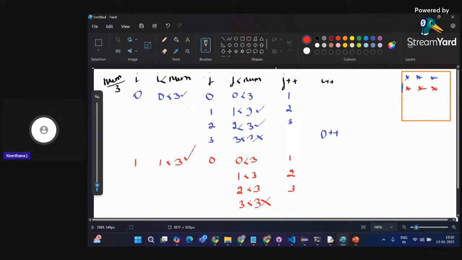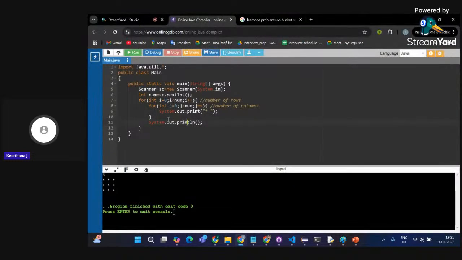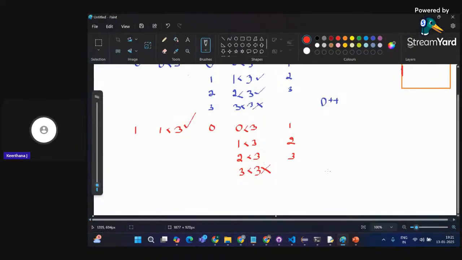So control comes out of the inner loop and it encounters a println statement. So now my output control will be over here. Now what happens? Again, it comes to the outer loop. i will be getting incremented. So i will be 1 plus plus. Now my current i value will be 2, right? In my next iteration, it will be 2.